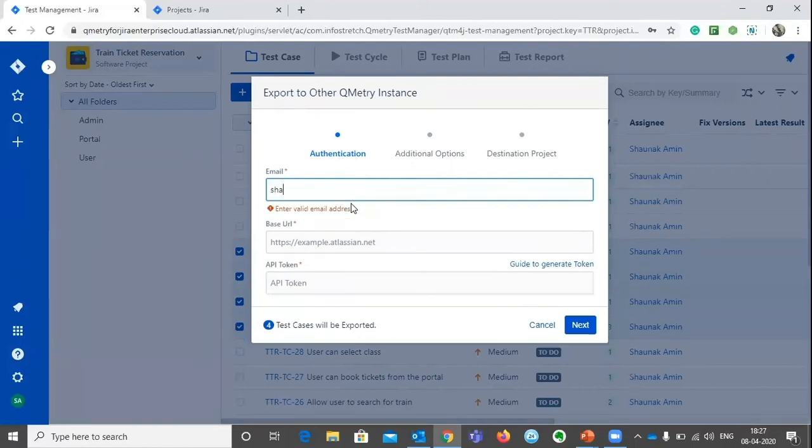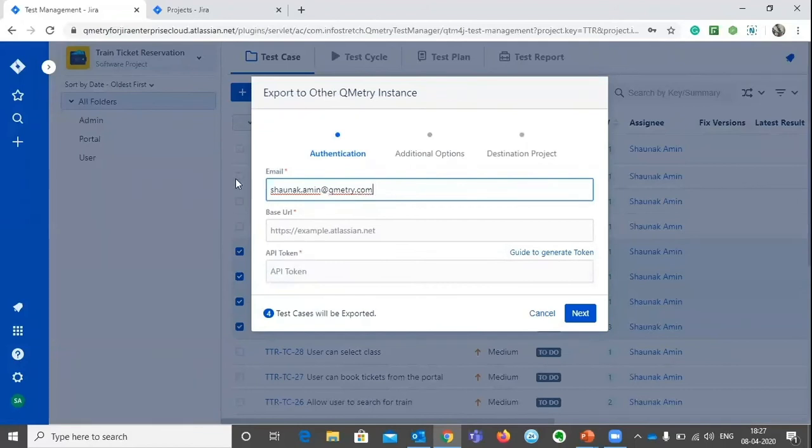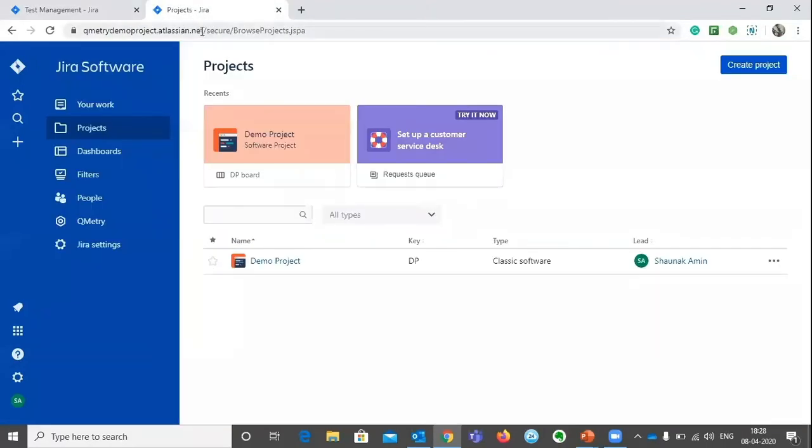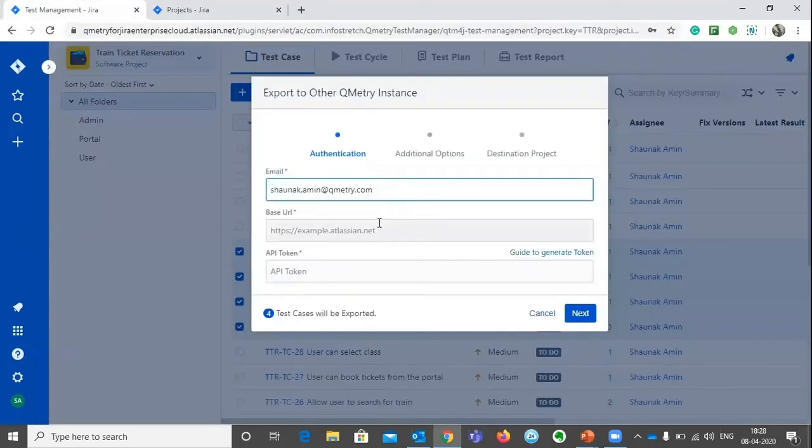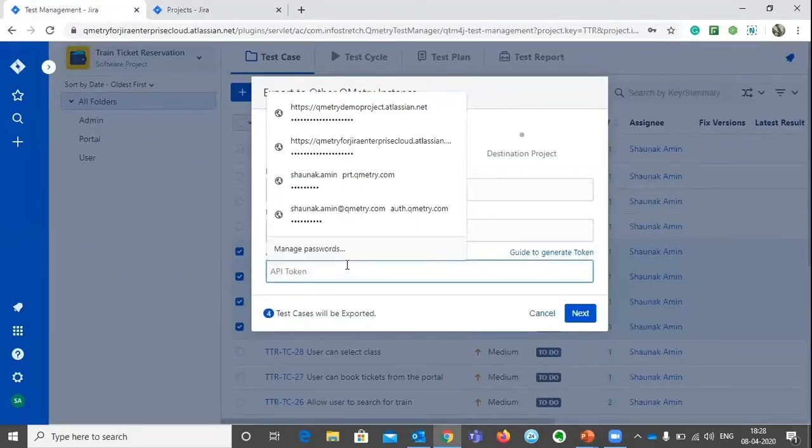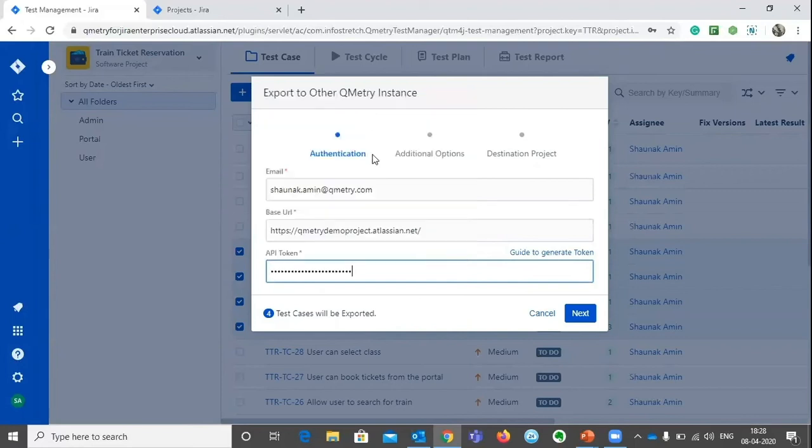So I have already created another Jira software instance with the same email ID, which I can just mention over here, and I need to select the base URL of that particular instance, wherein I am just going to copy that particular URL over here. And based upon that, I just need to enter the API token of that particular Jira software instance. And once I click on next,